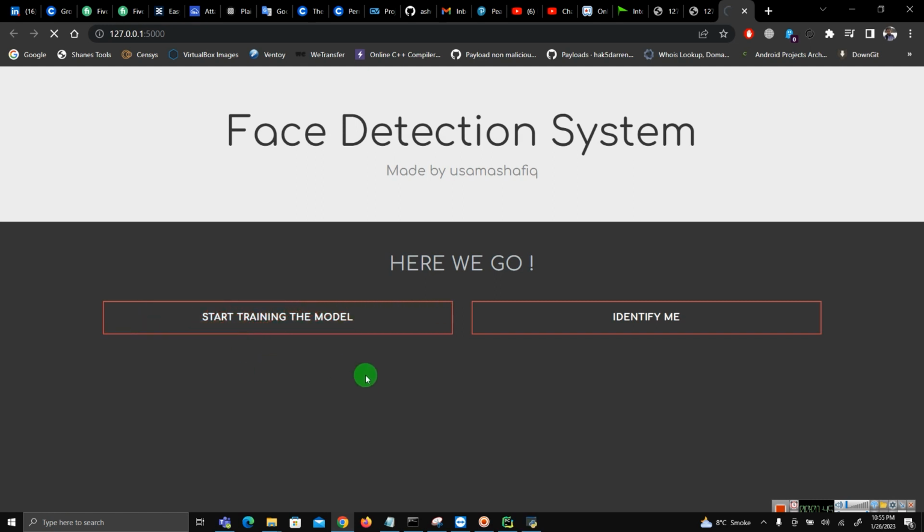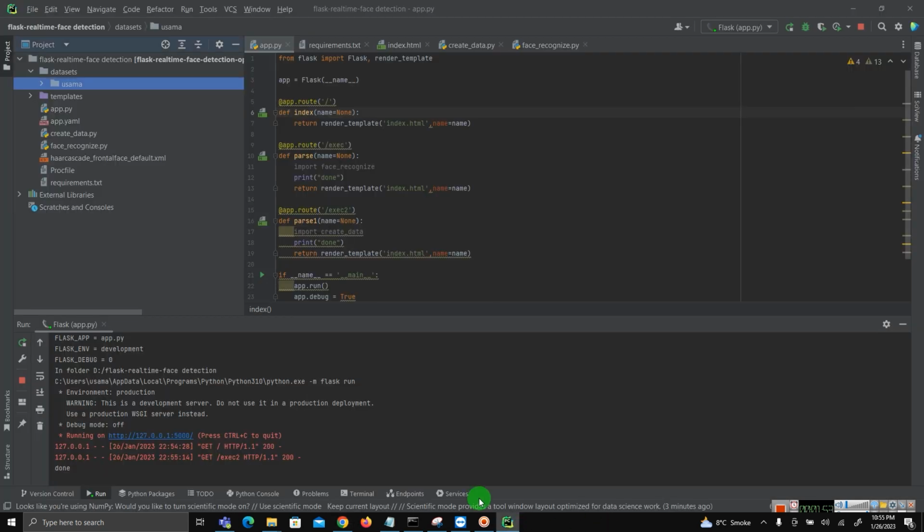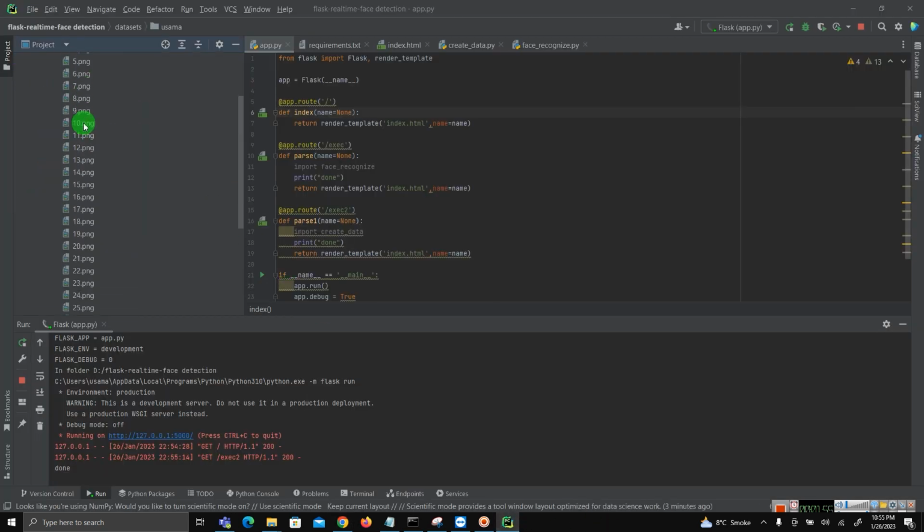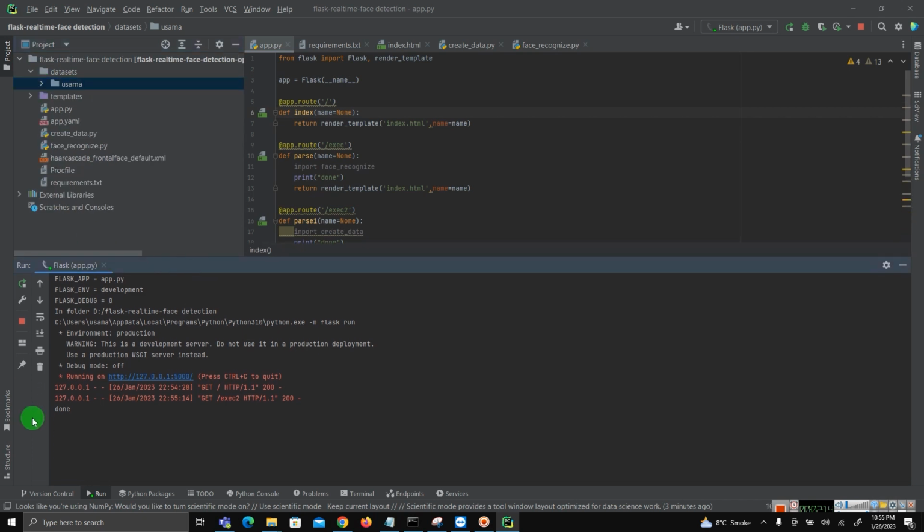It will start the camera for a second, and it will capture a number of pictures. You can see it captured 29 pictures of me, because when live detection is started, the tool uses them to detect the right person, and this makes a data set. Okay, and you can see when the training is done, the terminal shows done. Okay, now